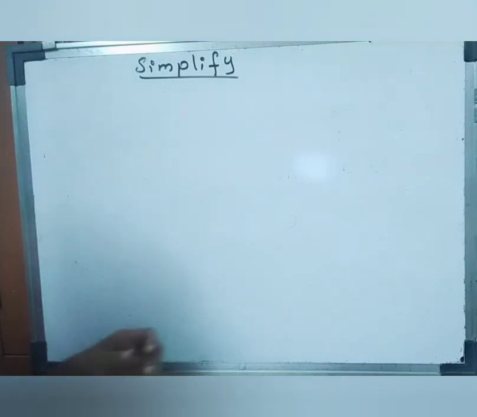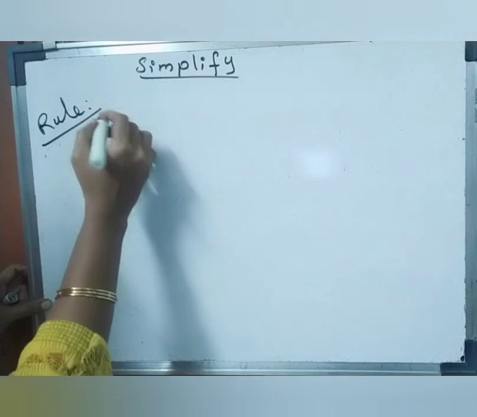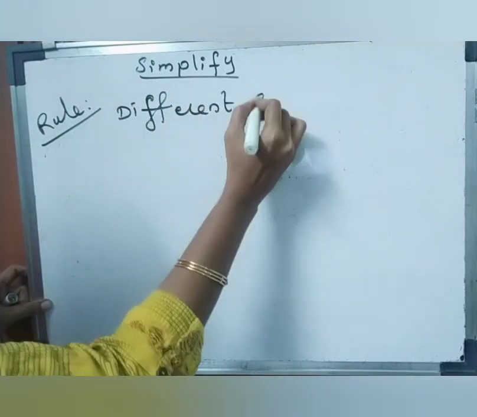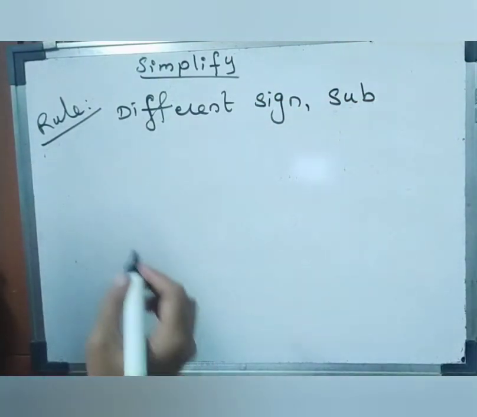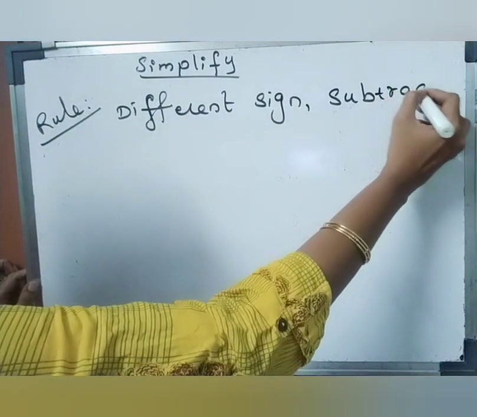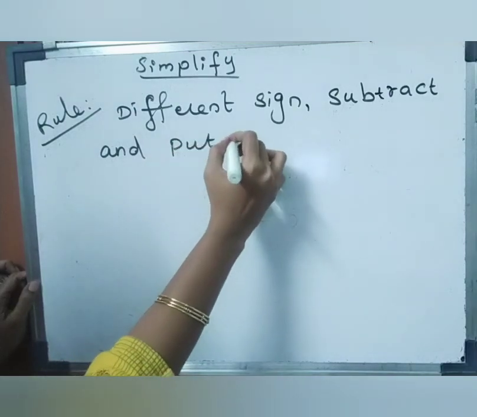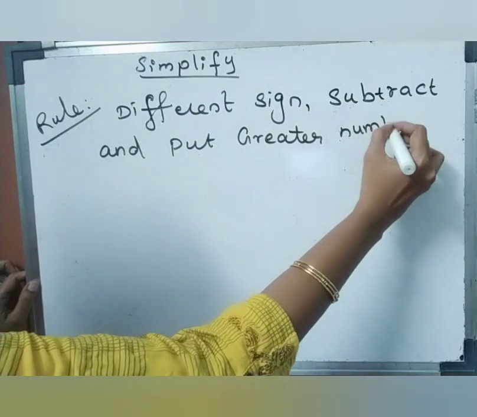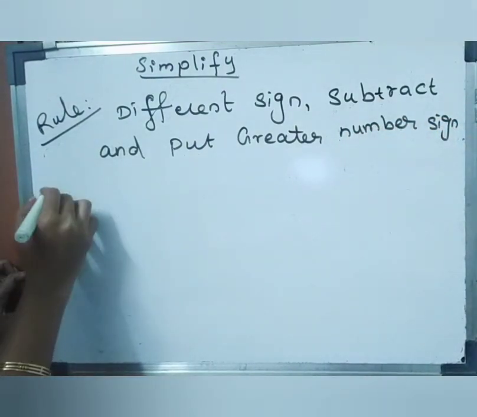Next, second rule. Rule number 2. When we are having different signs, what do we have to do? Just subtract the numbers as natural numbers. Just ignore the sign, subtract, and put the greater number's sign. Greater number's sign. For example,